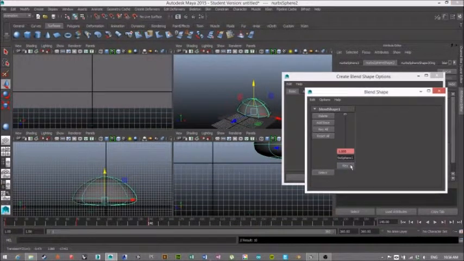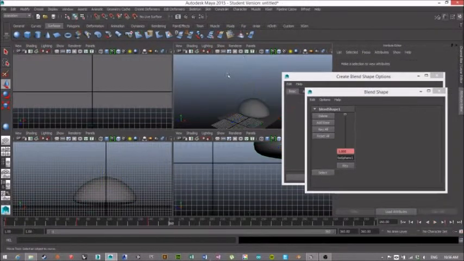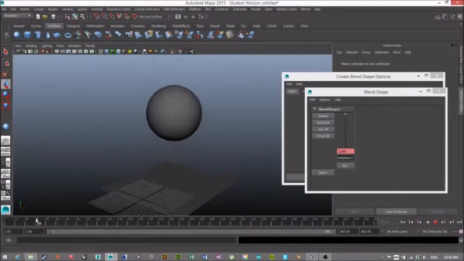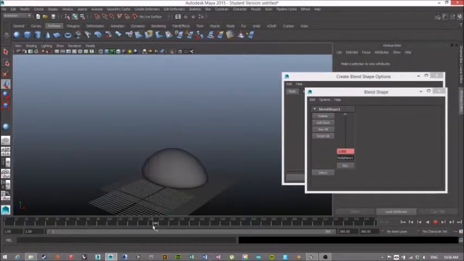and we'll key that, and so if we change this down to 140 frames only,